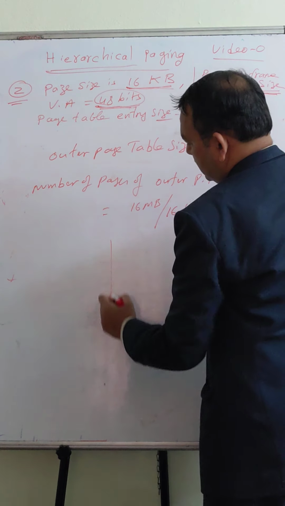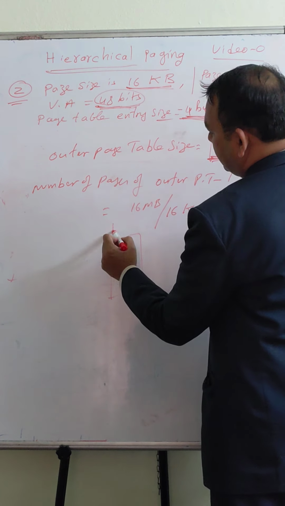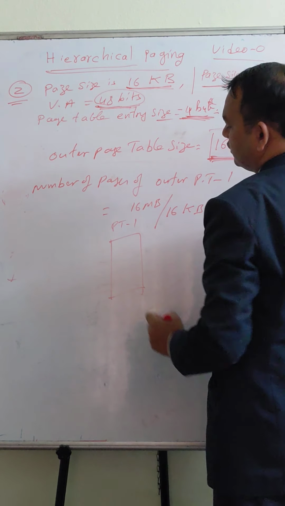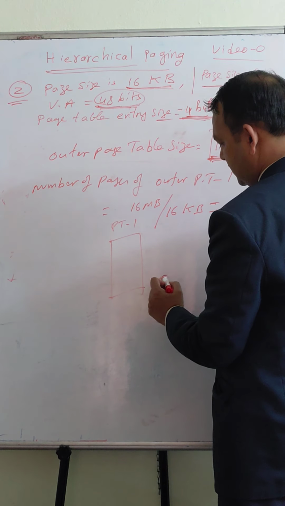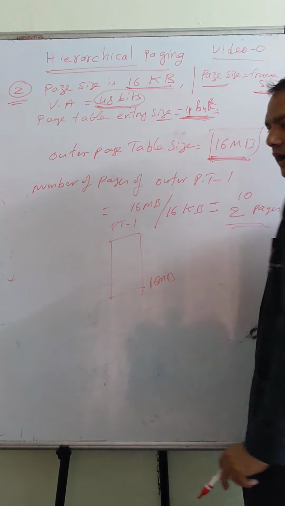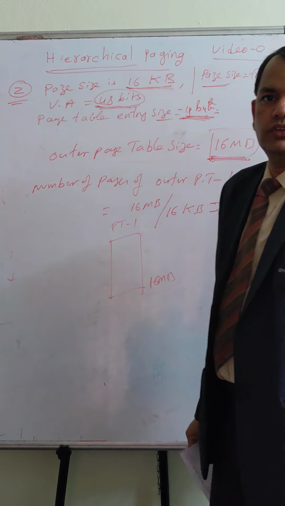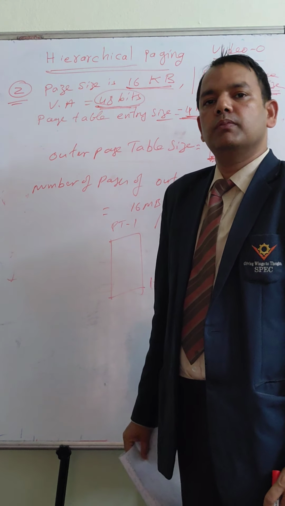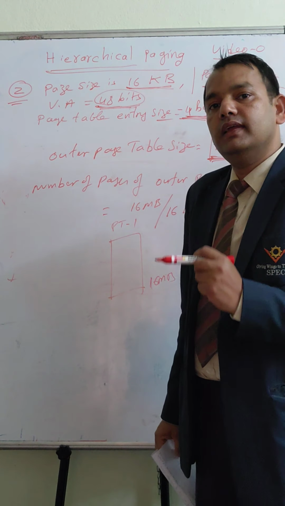So this table we calculated, PT1, page table 1, is 16 MB, but it is so big that it cannot fit in a single frame. We need to divide it again